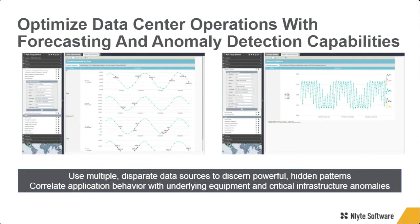So leveraging analytics is one of the key items you're going to do to optimize your data center operations. And I've kind of already mentioned anomaly detection capabilities. And again, I'll just restate. This is really allowing your system to discern where your infrastructure is running outside of an expected behavior pattern, right? So does an anomaly always mean a problem? Absolutely not. It may just mean that something perfectly normal is happening, like a particular business group is running a workload every Saturday morning at 9 a.m. for the last 6 months, and every time that happens, you're getting some kind of anomaly that is indicated in your system. But it's good then to be able to correlate that and understand where you have problems and where